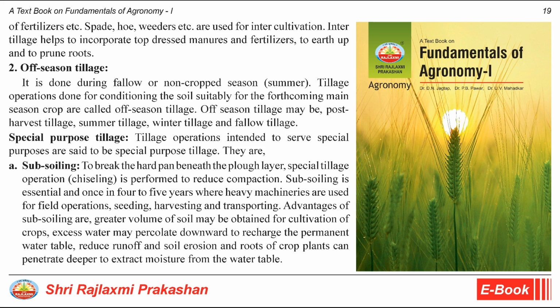Special purpose tillage. Tillage operations intended to serve special purposes are said to be special purpose tillage. They are: Point A. Subsoiling. To break the hard pan beneath the plough layer, a special tillage operation, chiseling, is performed to reduce compaction. Subsoiling is essential once in 4 to 5 years where heavy machineries are used for field operations, seeding, harvesting